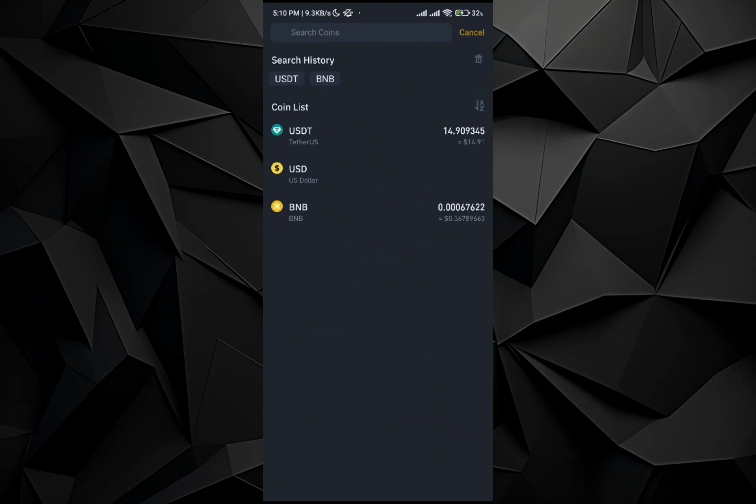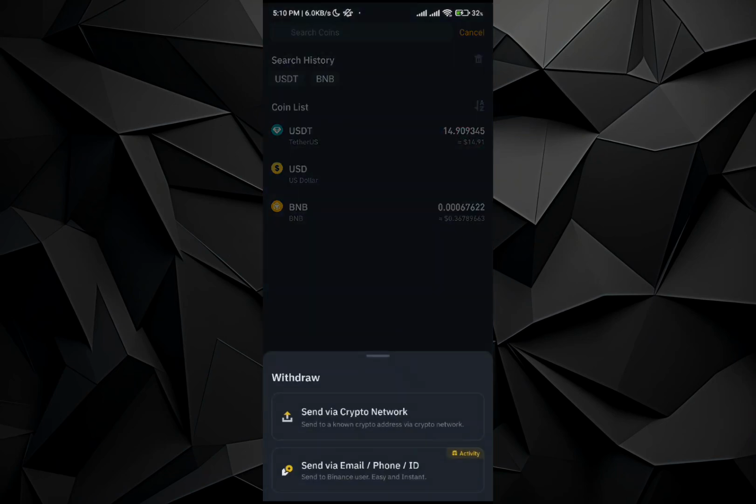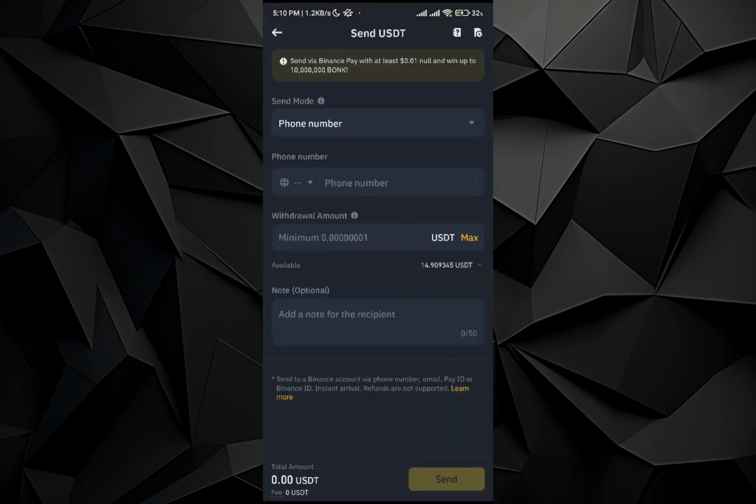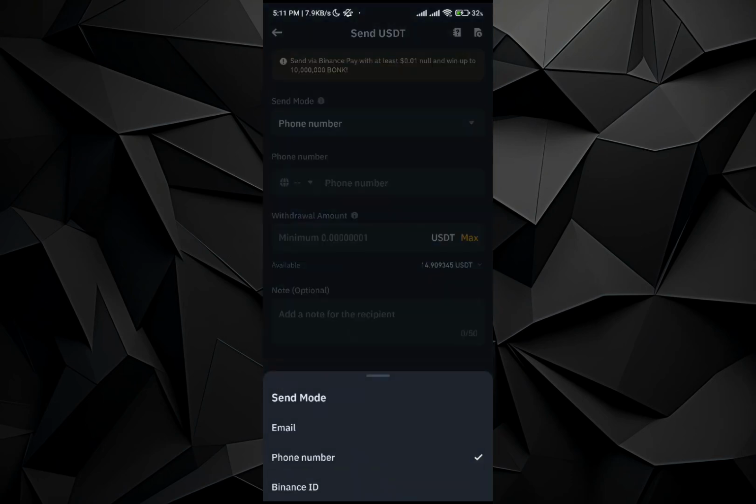For example, if I want to withdraw my USDT, all I have to do is tap on USDT. So here you can see that there are two different options. I can send via crypto network, like from one crypto to another using different addresses, so I can transfer my crypto from one exchange to another. And the other option is send via email or phone number or the ID. For example, if I want to send this crypto to my phone number, I can select the phone